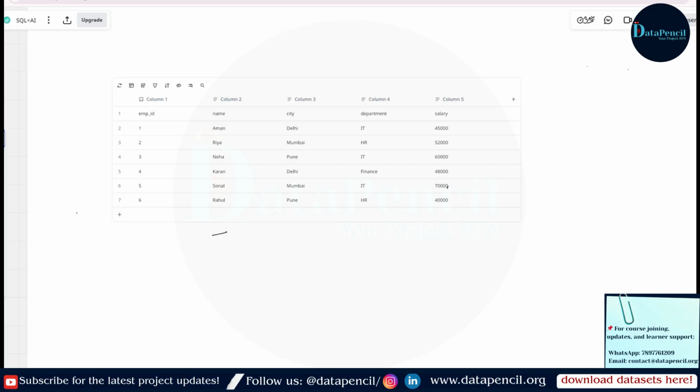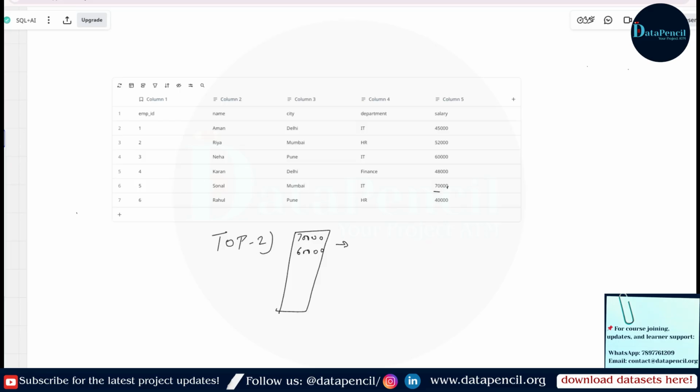To see the top 2 salaried employees, firstly you sort your table in the appropriate order, and then 70,000 will appear in the first row, then 60,000 will appear.